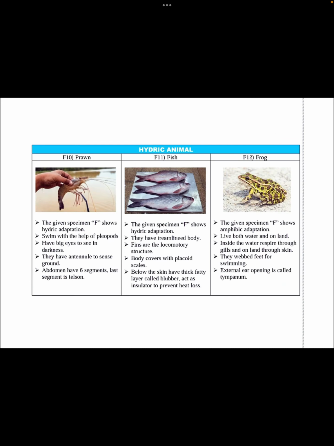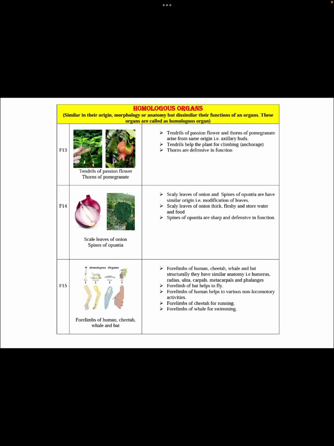And then for the hydric animal, it is either a prawn, fish or frog. Most of the time this is excluded, but be prepared for these questions as well. So this is a hydric adaptation in case of animals. Then homologous organs. This is tendrils of passion flower and thorns of pomegranate. Why is it homologous? First you have to be clear with the definition of homologous organs. Then scale leaves of onion and spines of Opuntia,